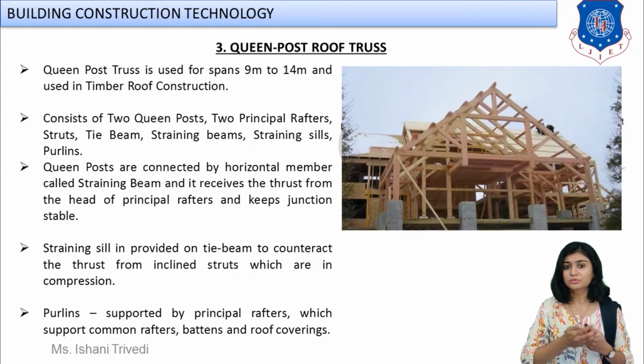Let me show you a modified form of a queen post truss. What can you see over here? It is a queen post truss, but along with that, king post is also provided. So this is an example of a combined type, right? So by this you will also understand the combined, that is your third type of truss roof. So here it is a combination. You can also call it modified queen post.